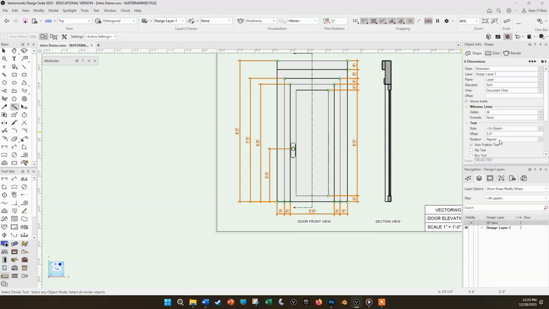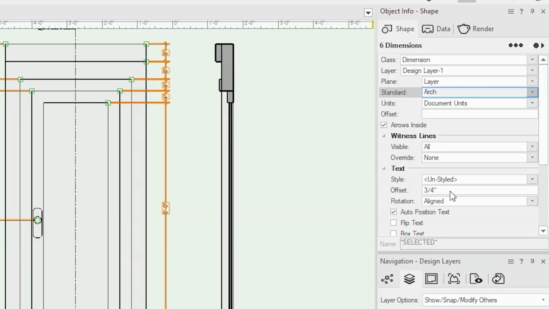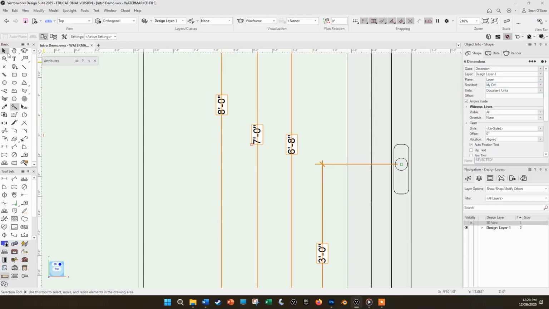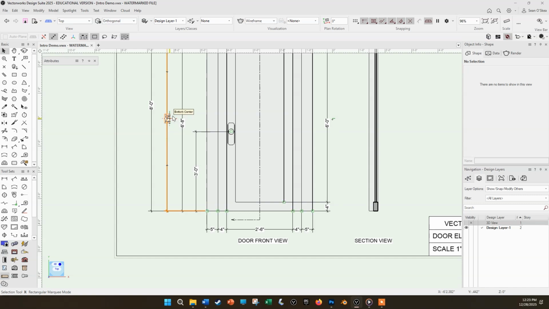With a dimension line selected, go over here to the object info and pick your custom standard from the drop down, and all of the existing dimensions will be switched to that aligned style. And now you can hit the X key for the selection tool and tighten up some of those offsets if you want. Down at the bottom, I can now give the dimension a little more room between the drawing title